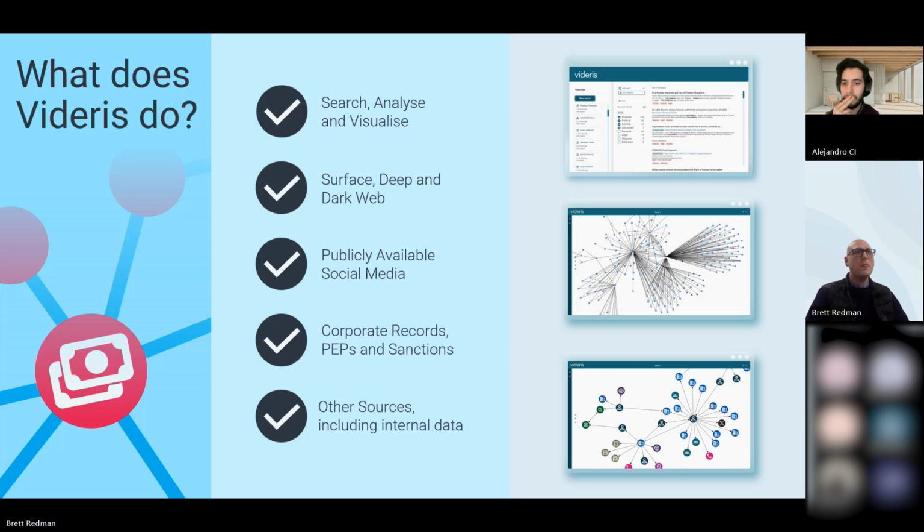We look across various corporate data sets, and some of these are free and some are premium. We look across PEPs and sanctions lists and data to investigate entities, again to help layer or add on any of those elements of risk that we can. We're able to search across internal data and custom sources, so we can integrate things from CRM, but we're also able to investigate those alongside other data analytics that we have within the platform.